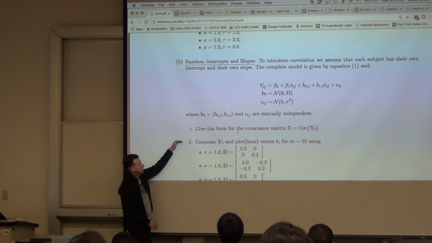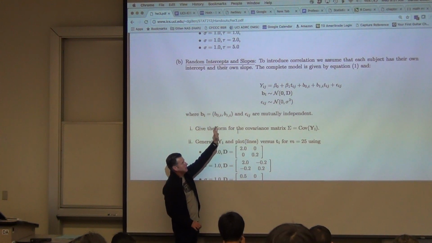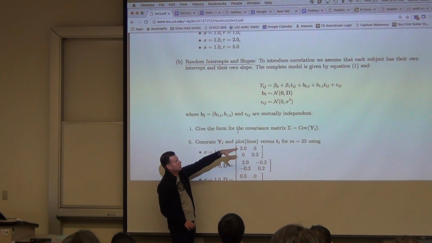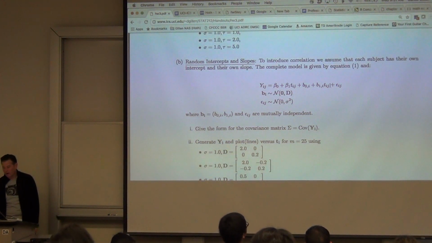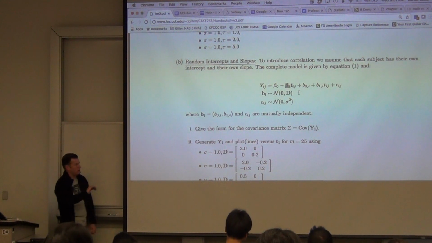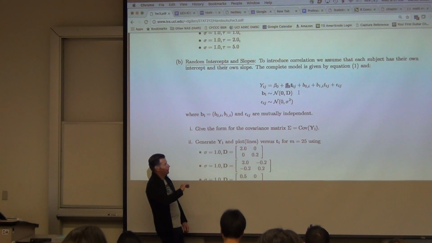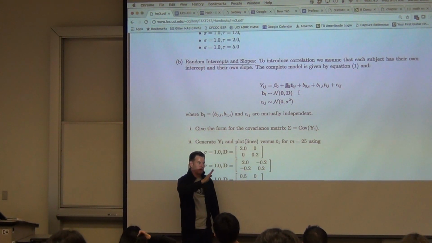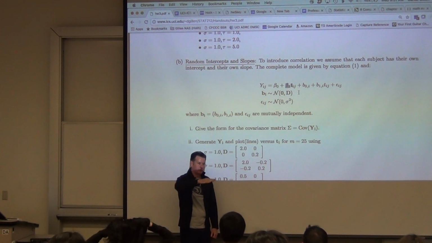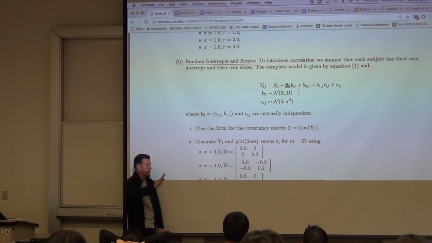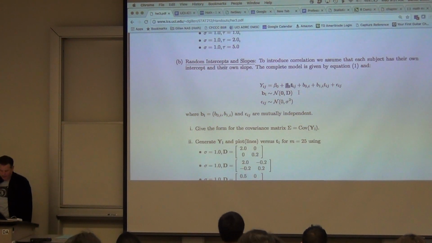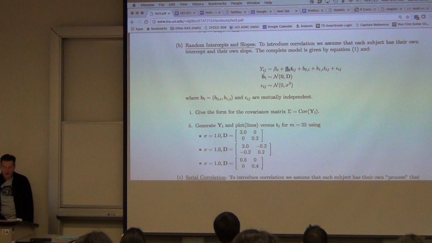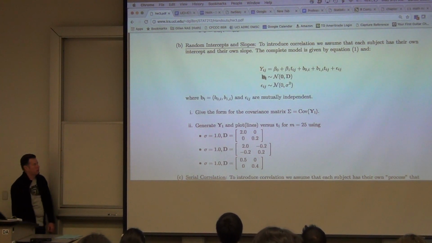And in part B, you're going to extend that to random intercepts and random slopes. Now I have this b1i that's sitting here relative to time. If you think about beta 1 being the slope of yi, or the trajectory of yi over time, b1i is now saying I'm allowing that trajectory to vary across individuals. Each individual has a subject-specific addition to the population mean trajectory. So now we have a bivariate random effect in this case.